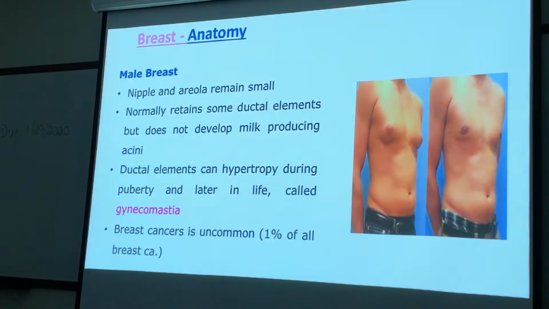Because most breast cancer occurs, like we just talked about, in the glandular layer, right? In the parenchymal layer, the mammary zone. So that's why breast cancer in men is uncommon, because usually we don't have the ductal elements required in the breast. Any questions?